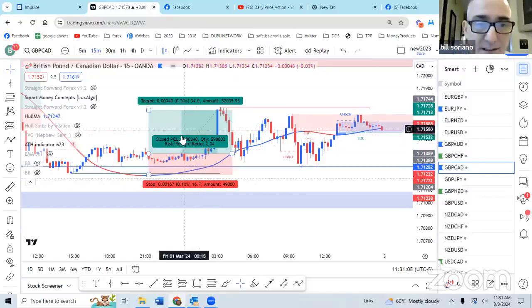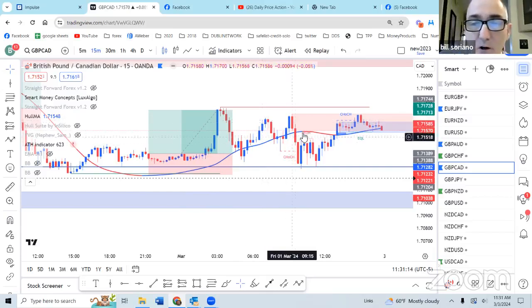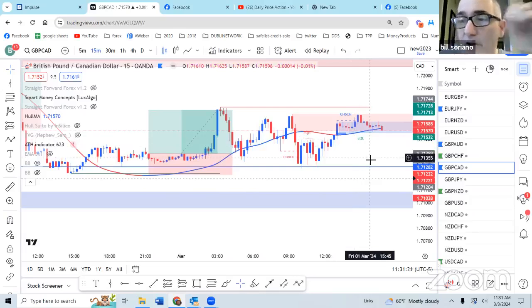And sometimes we can get out of this trade while we're still up before it drops down because of this Hull moving average line here. So I really like this Hull moving average on the 15-minute chart to determine when I want to get in that trade. Okay, when it's safe to get in. Okay,